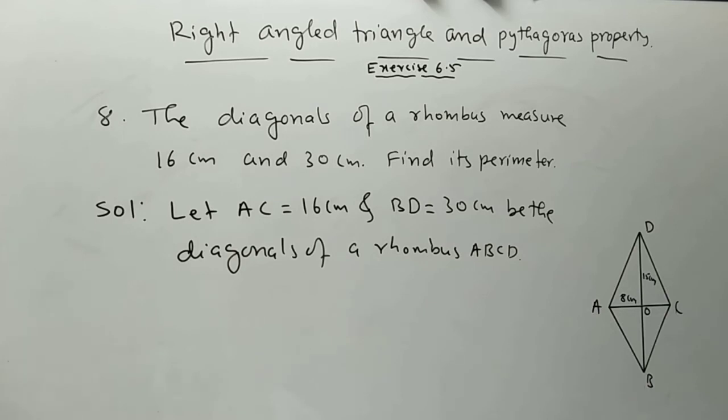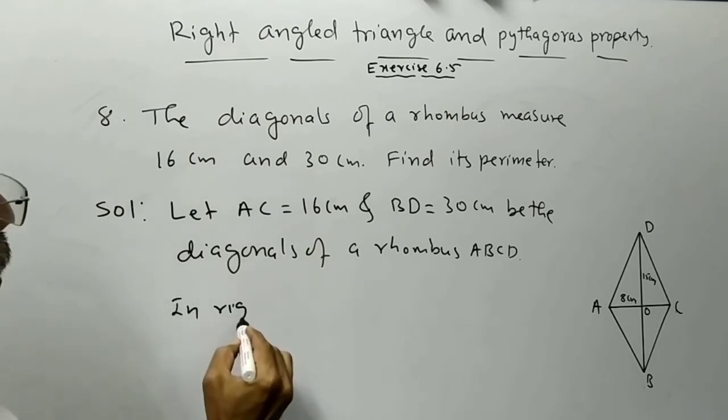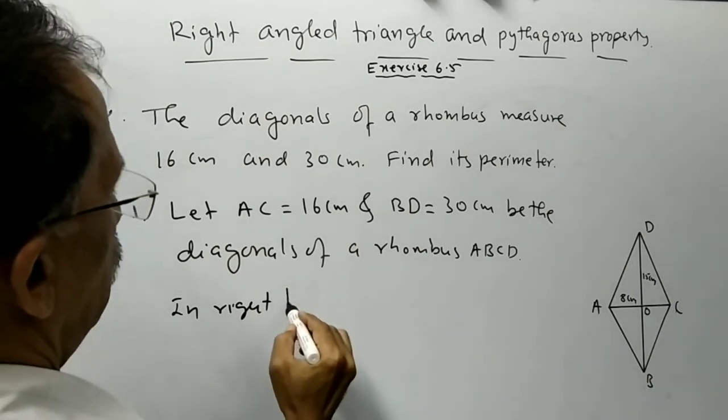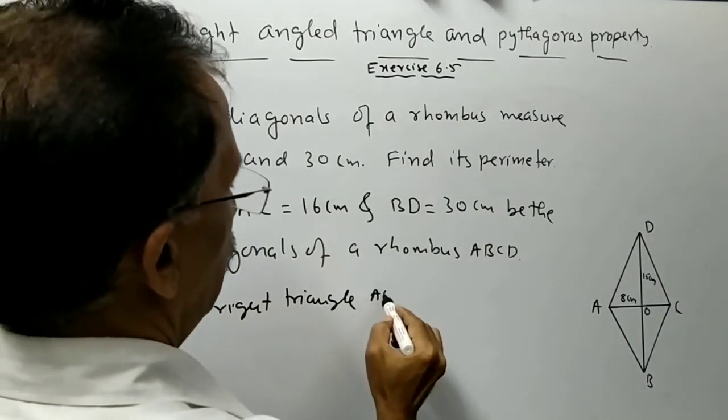Since diagonals of a rhombus bisect each other at right angles, therefore OA is equal to half of AC, that is 8 centimeter, and OD is equal to half of BD, that is 15 centimeter. Therefore, in right triangle AOD,